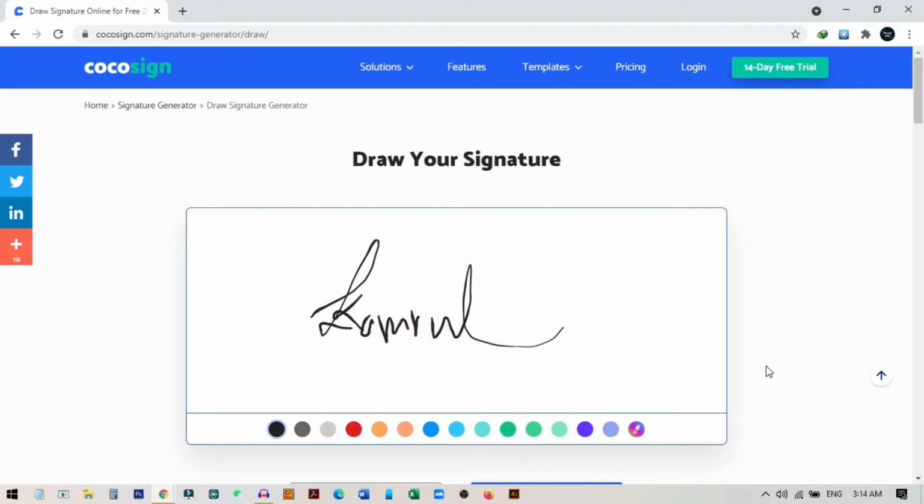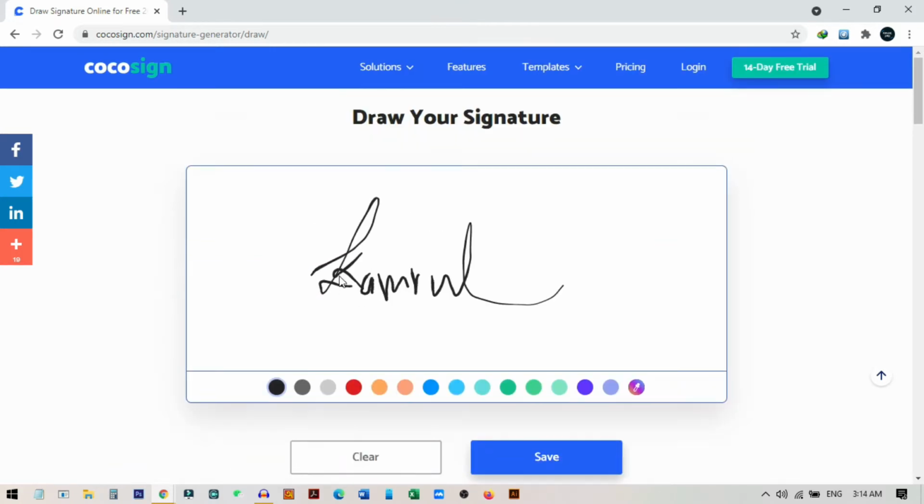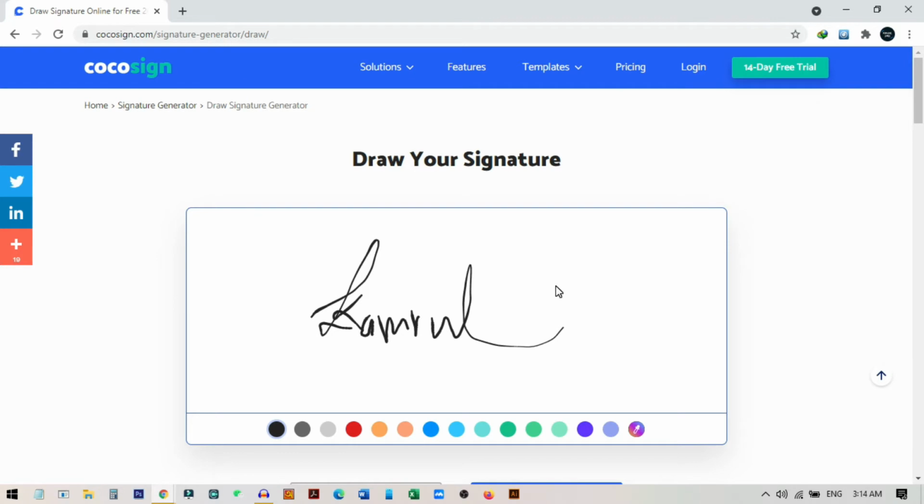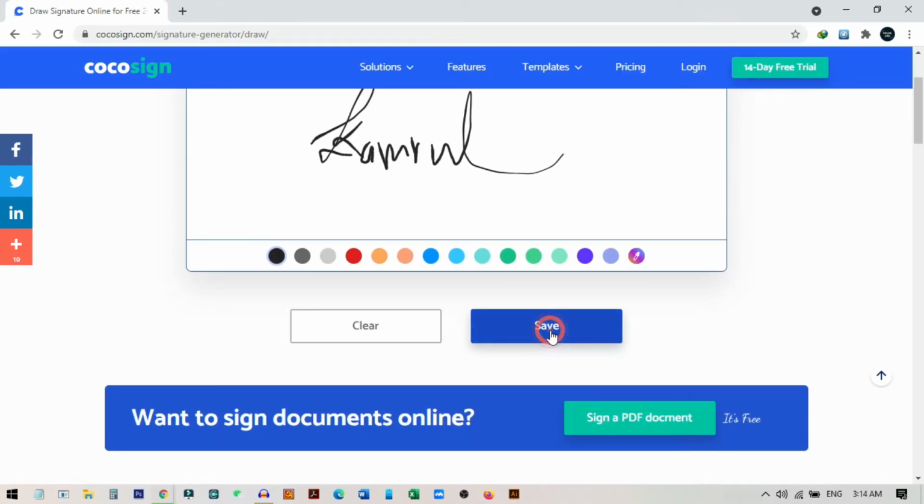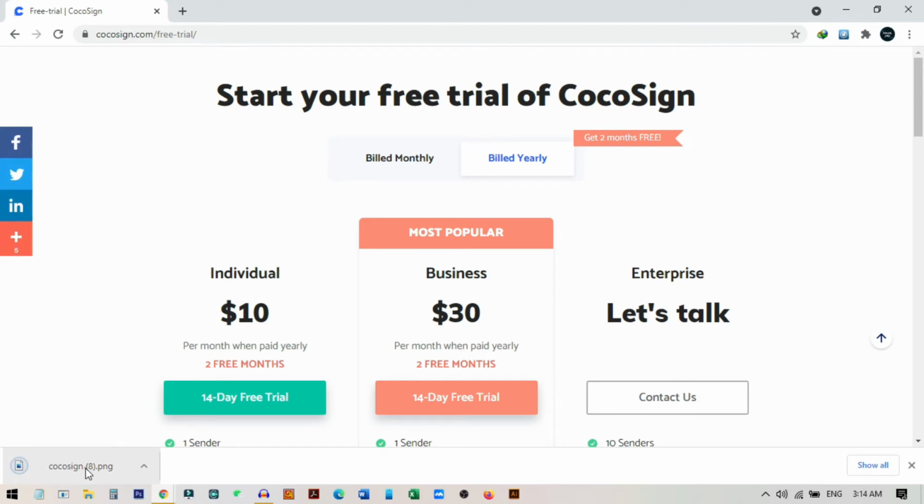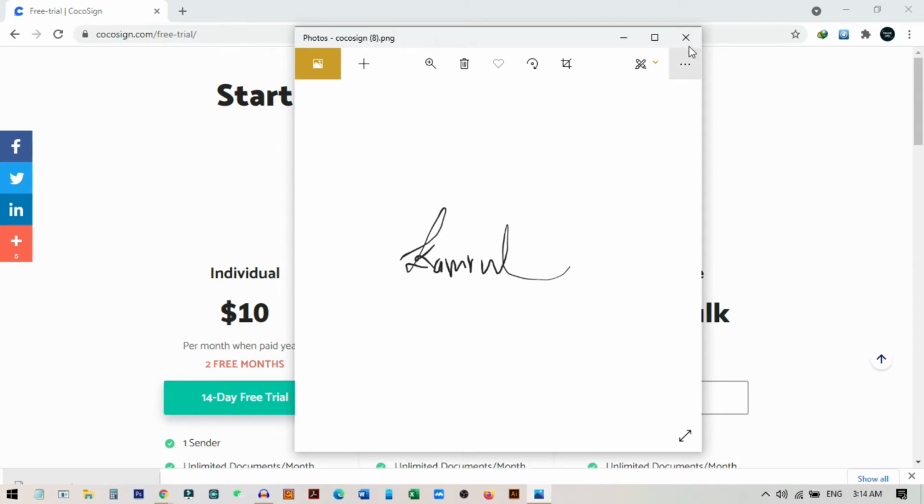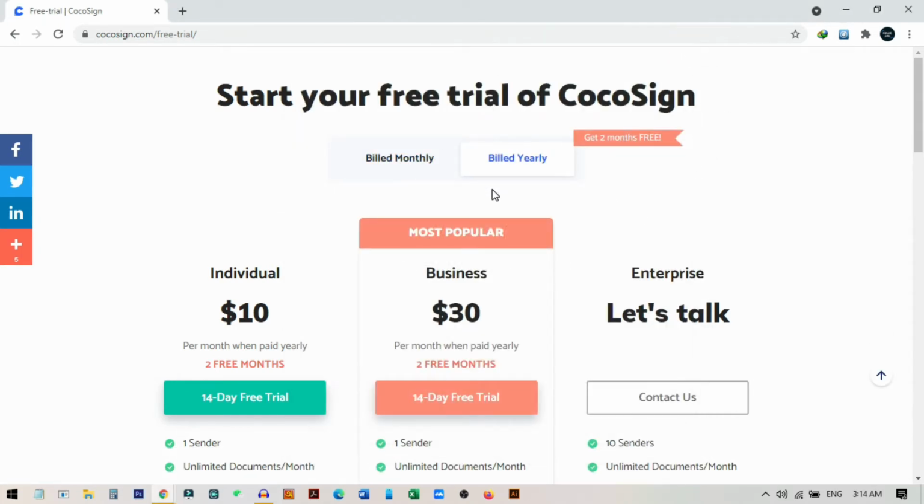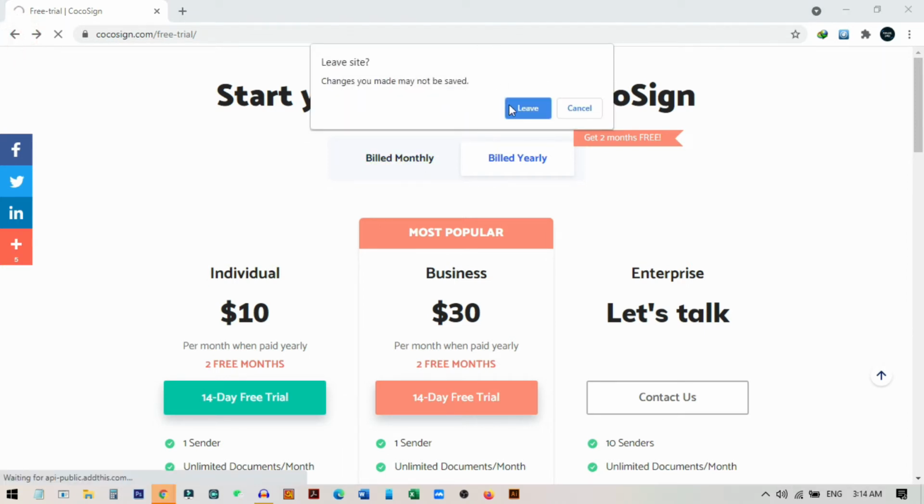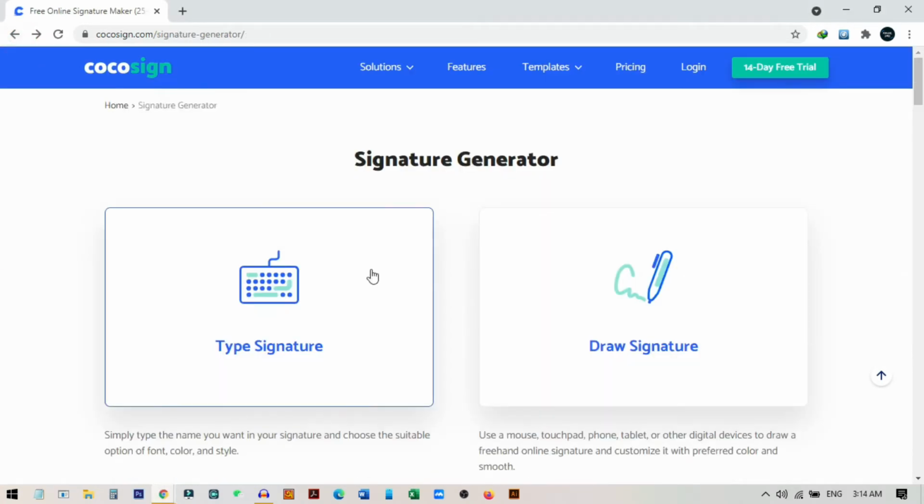you can see the signature right here using my mouse and not any pen or any other thing. You can modify this and change some other things, and after you complete your signature, you can just click on this download or save button, and then it will automatically download. You can see here this is downloaded. It will not ask for money. I have already got this signature, and I will also show you how to use this one. So I just close this one, and they are telling me to start a trial of CocoSign, but we do not need anything. So we just go back to our previous page, again back to our main